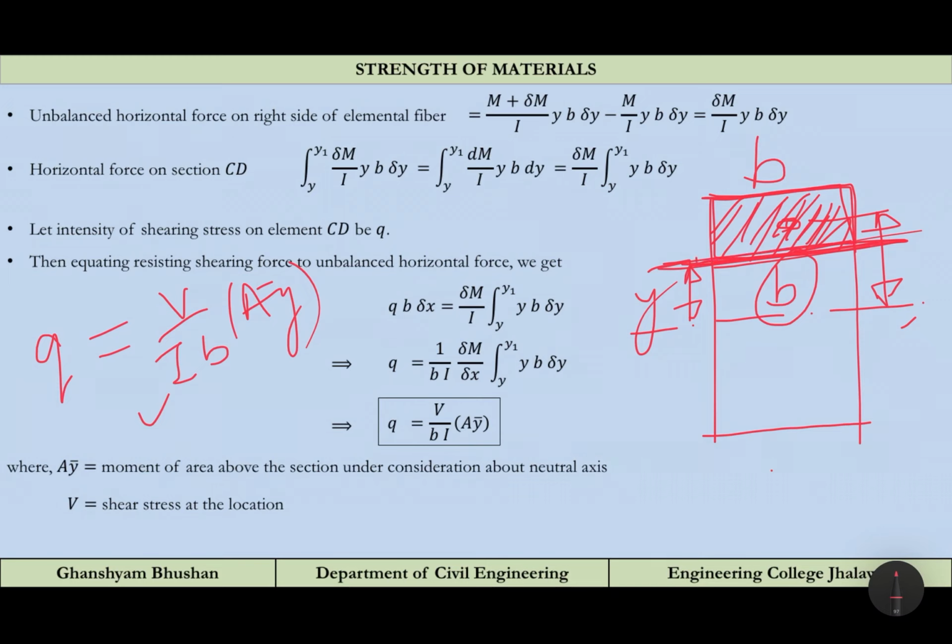If the section is this, we have to calculate the shearing stress in this particular section at this location. What you have to be careful about is that the area will be of this section, and y bar is the centroid of this section from the neutral axis. We are going to discuss this in much more detail when we discuss the problems. Firstly, we will derive the equation of Q for the standard cases: the rectangular case, the circular case and the triangular case. That we are going to derive in the next lecture. So this is all for today. Thank you.